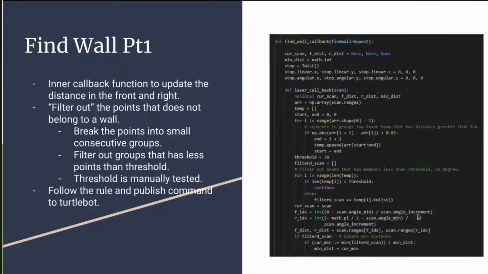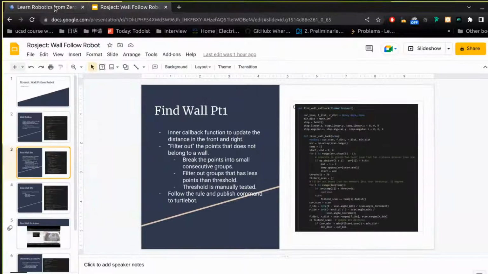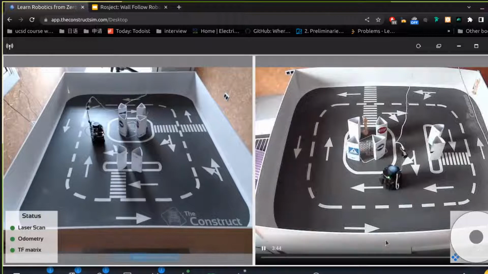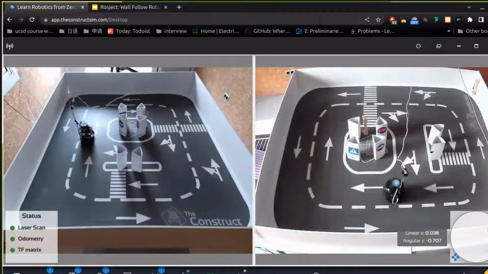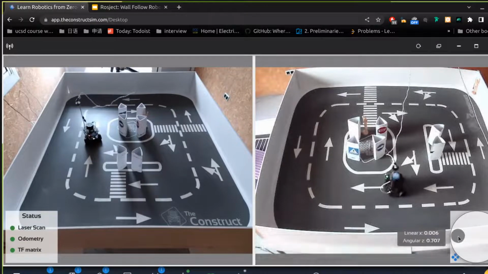Could I interrupt you again, Chengjing? We've seen the find wall logic and the wall follower program. Could we see it, and then you can explain the last part? Can you launch this so we can see it do its thing? And while it's doing its thing, you can explain. Sorry, 1 second. I'm going to move it a little bit, because there's a bug. Actually, a very weird thing,